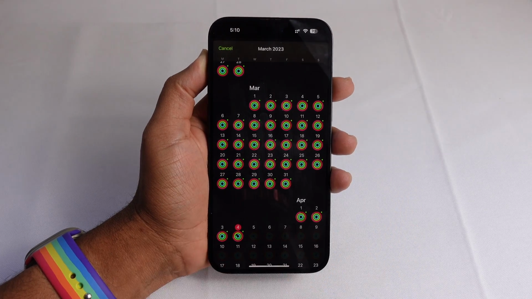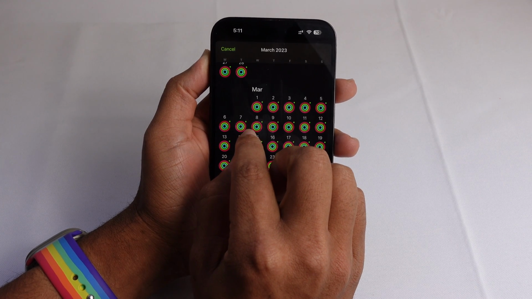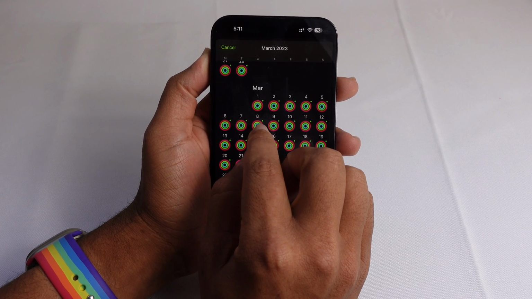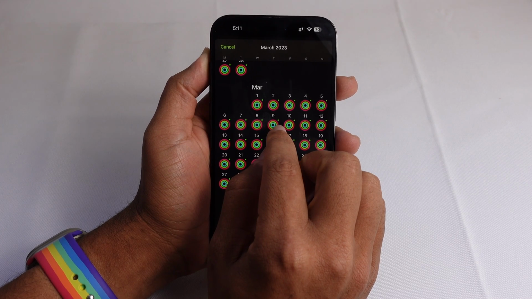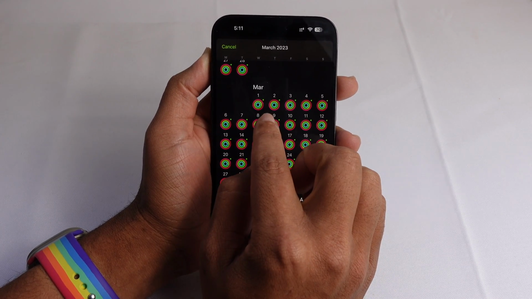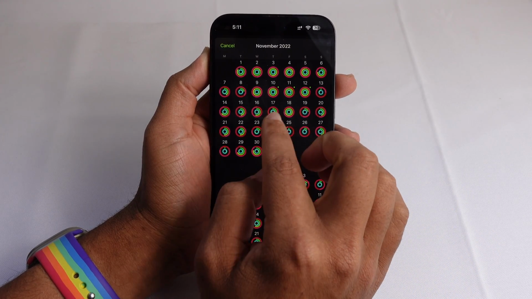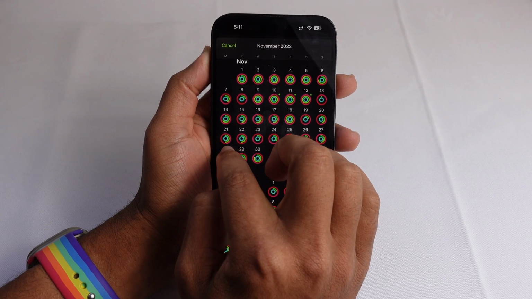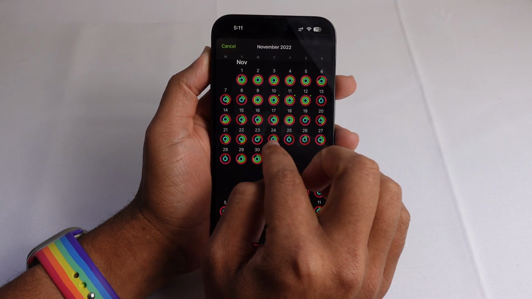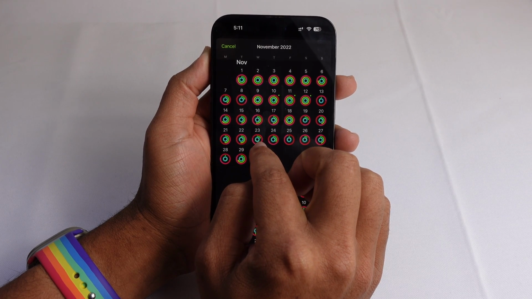And another tip here that's very interesting is you'll see this green dot in the top right of each ring date. That means that you did a workout that day. So if there's not a green dot, that means that I did not do a workout that day. So if I scroll back up to last year, I can see some days where I didn't close my rings and I didn't do exercise goals and I didn't complete a workout. So there's no green dot next to